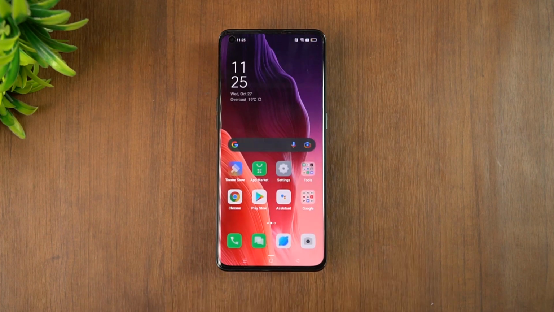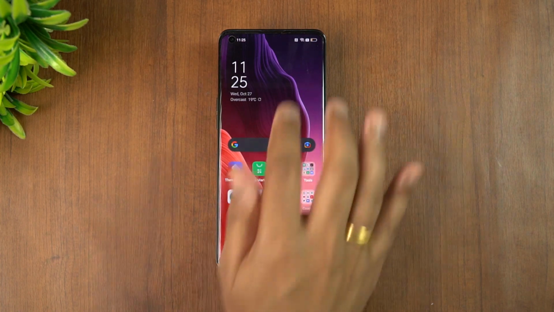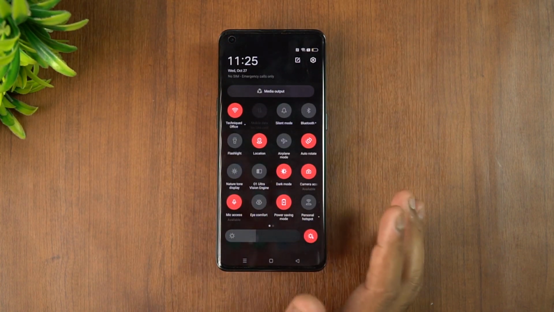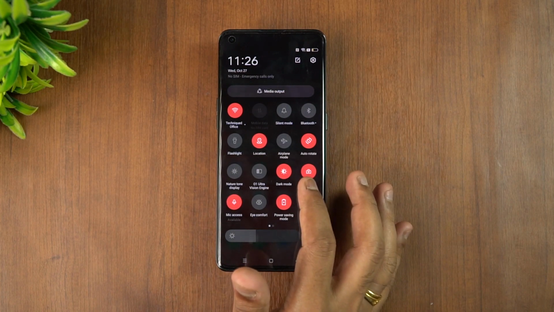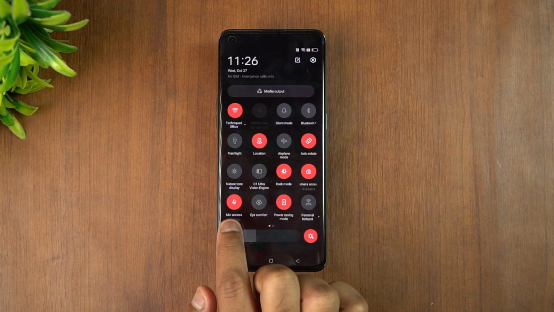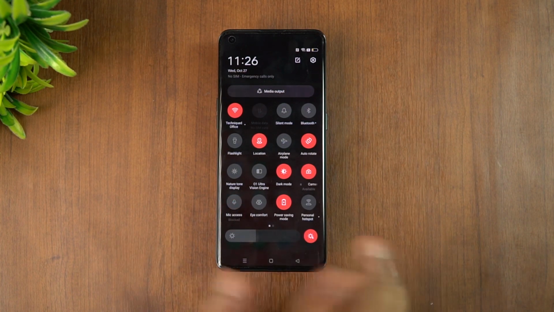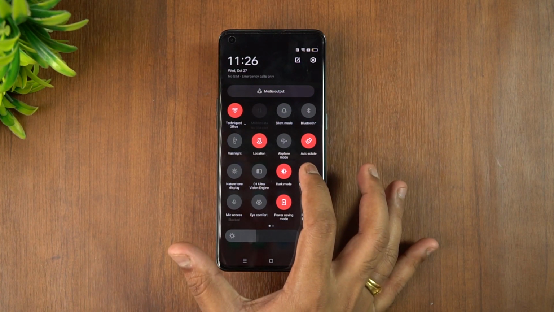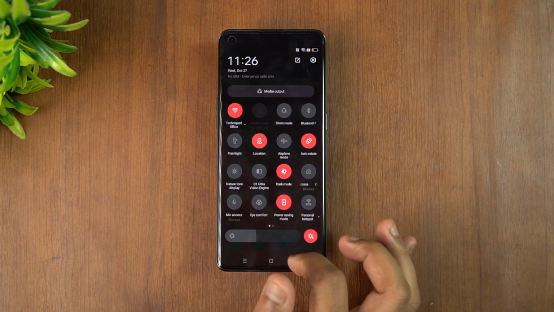Now one useful feature is the access to mic and camera. Now a few apps, say for example some ROG apps, will access your camera or your microphone, so you can prevent that. What you need to do is just swipe from the top, and if you want to prevent the apps from accessing, you can just disable the mic access. So you can see here, this is the mic access. Now if I disable, no app can access the mic. Similarly, if I disable camera, I have disabled the camera access as well.